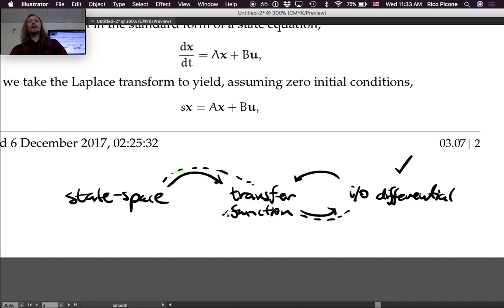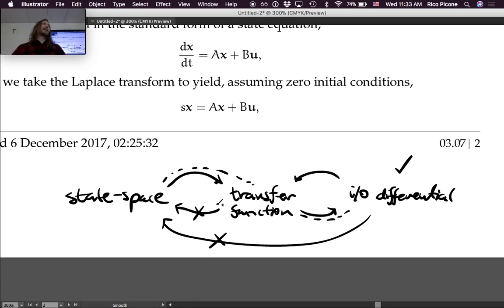Now, there is also a way to go from a transfer function to state space, okay? Or from an IO differential equation directly to state space. There are these procedures here, but we're not going to consider these in this class. They're not unique, okay? So if you have a state space model, you can come up with the input-output differential equations and transfer functions, and those are unique representations. There's one answer for those questions. An IO differential equation or a transfer function can be written as a state space model, but the variables that